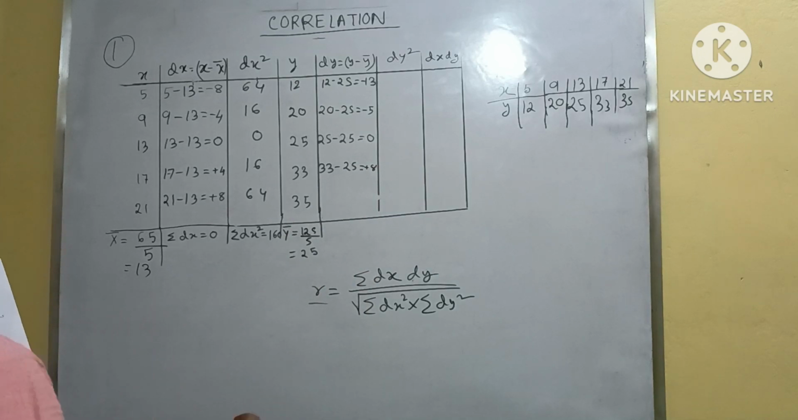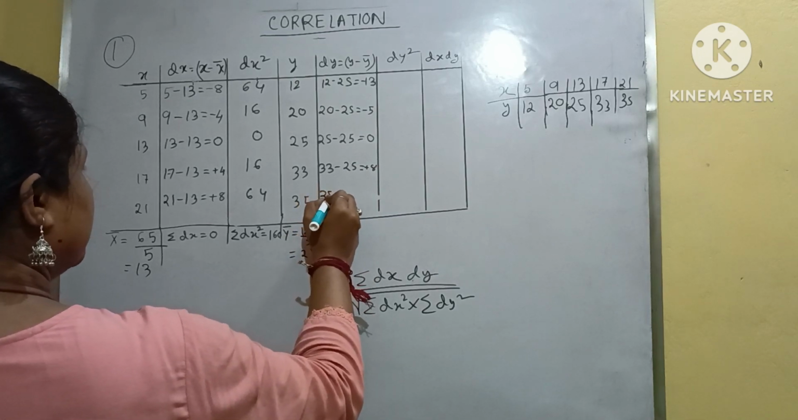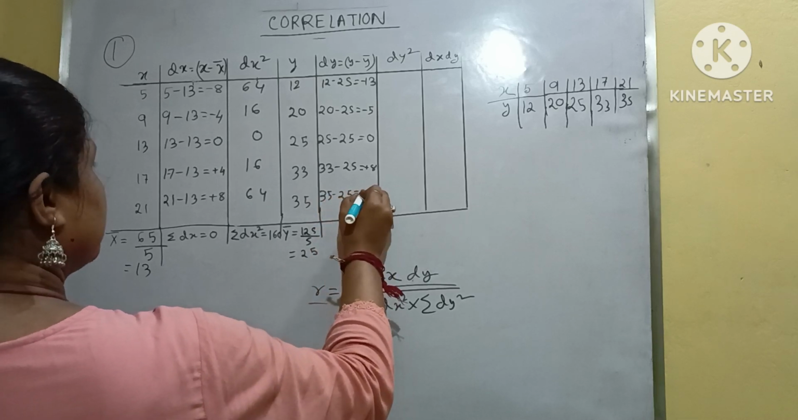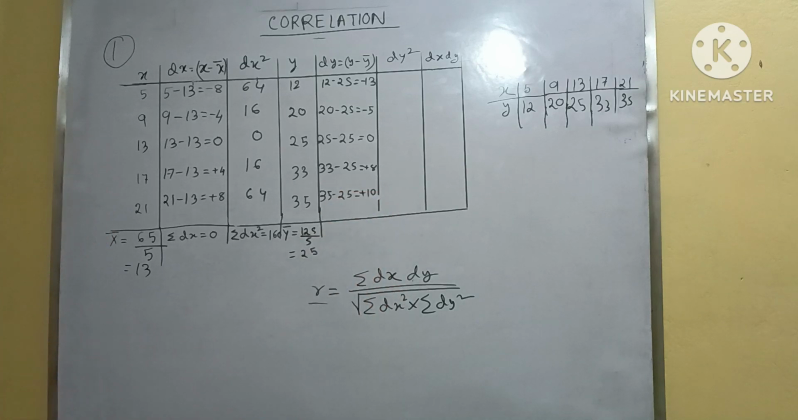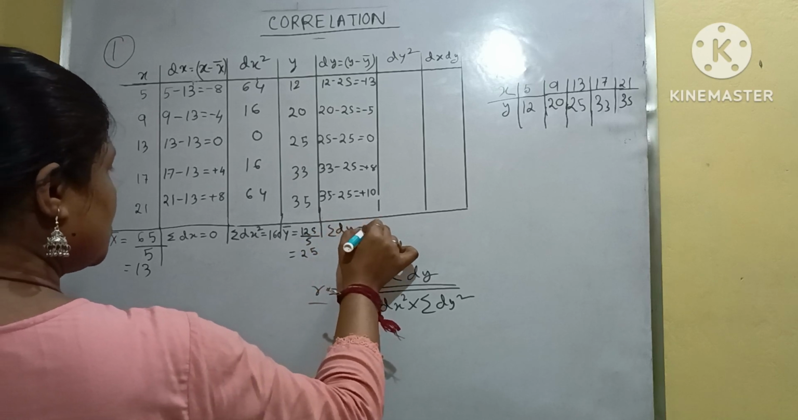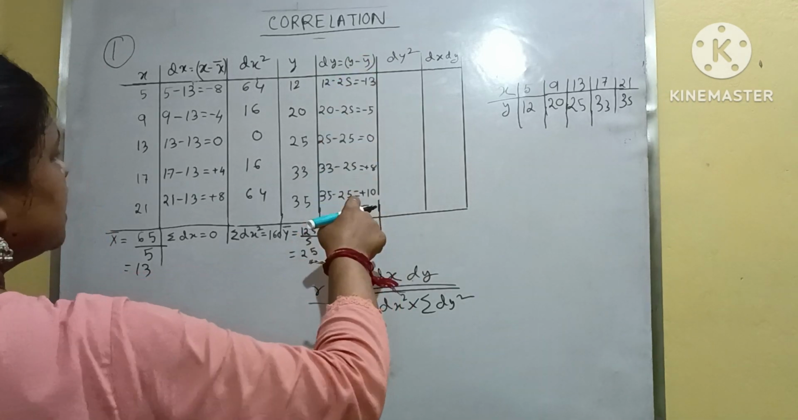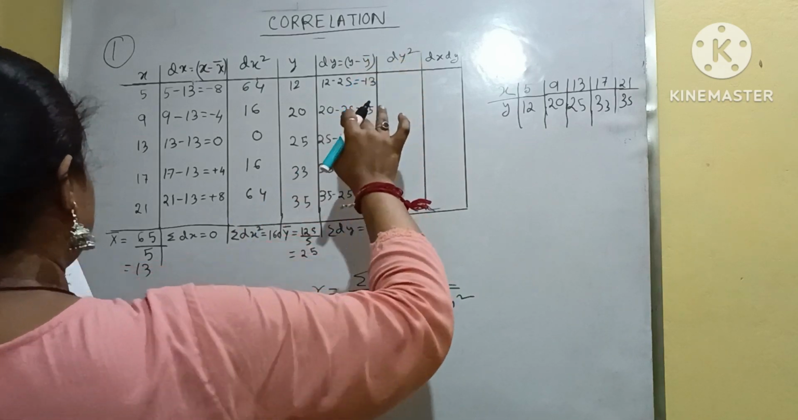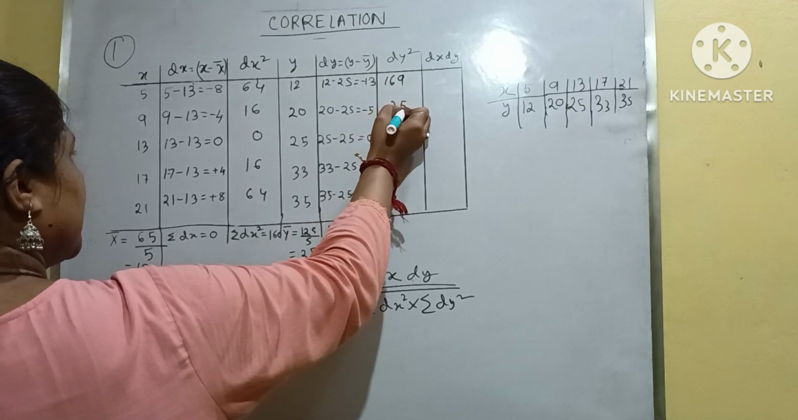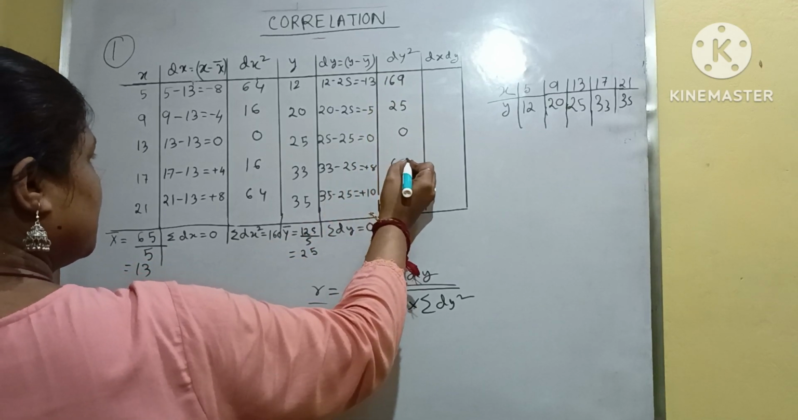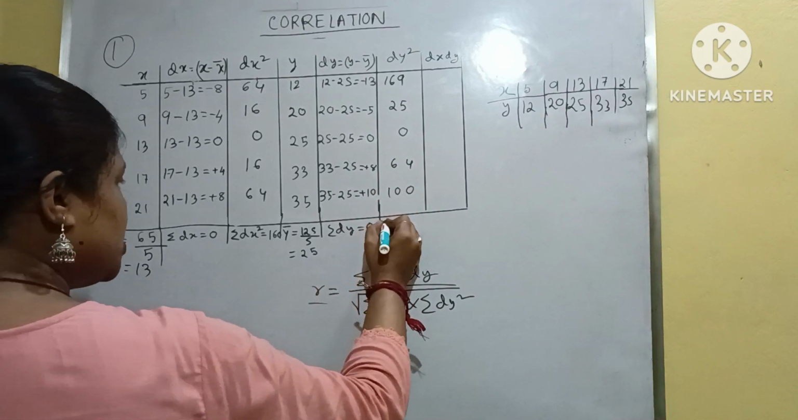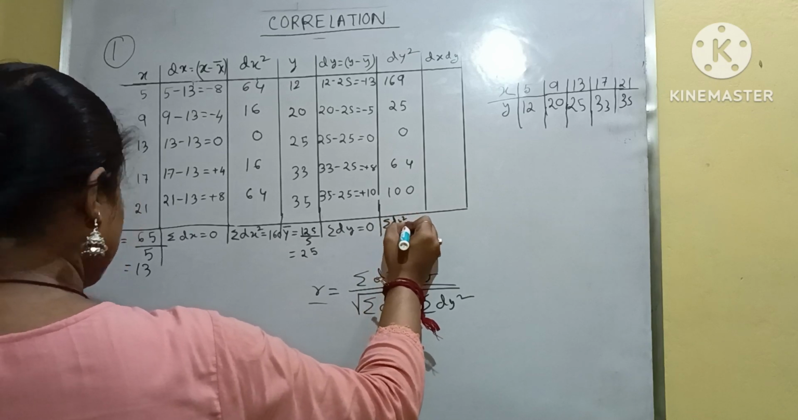Okay, and 35 minus 25 equals plus 10. Then here also the summation of dy is 0. If you calculate this, the answer is 0. Next, dy square, that means 13 square is 169, 5 square is 25, 0, 64 and 100. So here the total summation of dy square equals